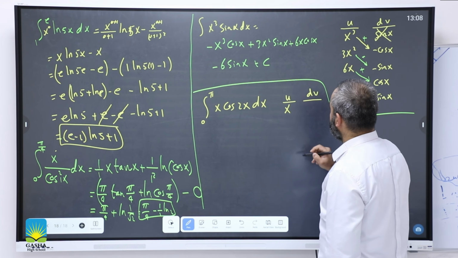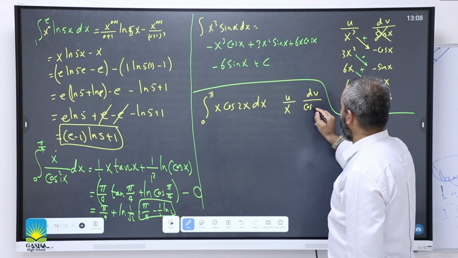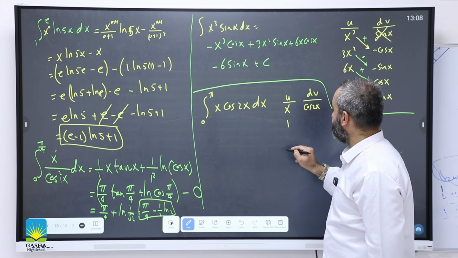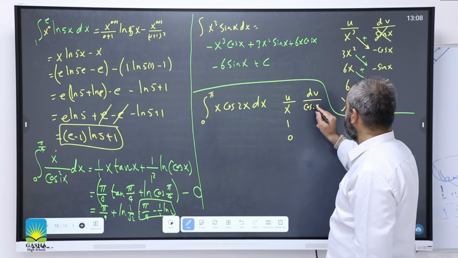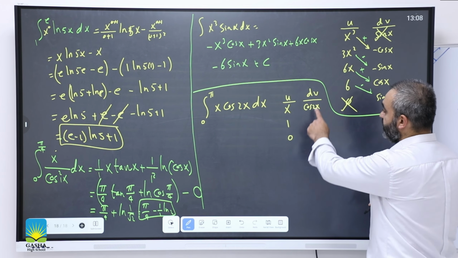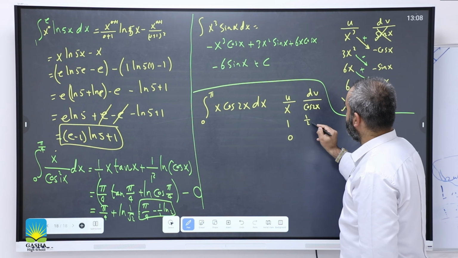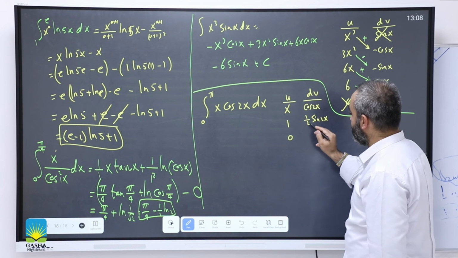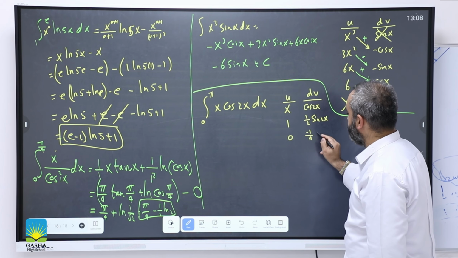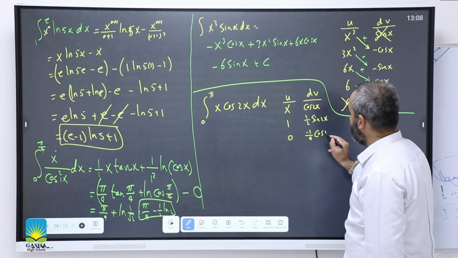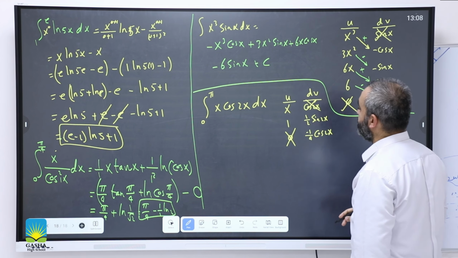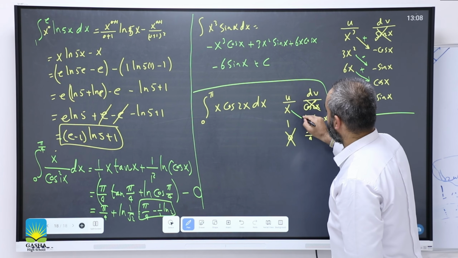U becomes x and dv is cosine 2x. What's the derivative of x? It's 1. Derivative of 1 is 0. And what's the integral for dv? It's 1 over 2 sine 2x. And what's the integral for this? Negative 1 over 4 cosine 2x. And we cancel the 0 and cosine 2x. We times